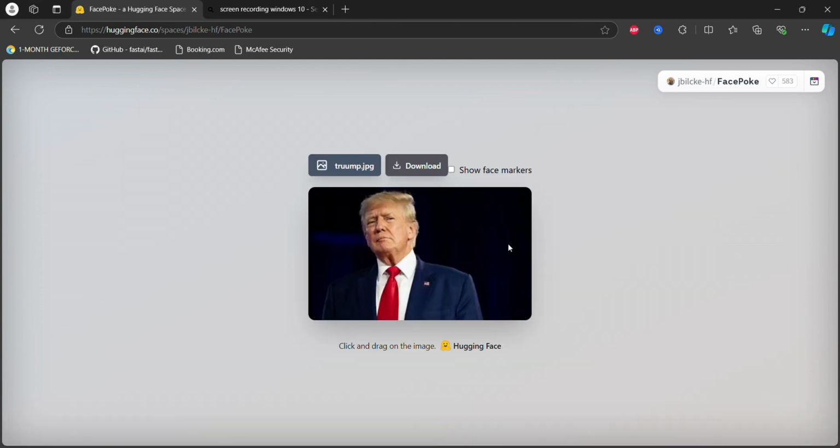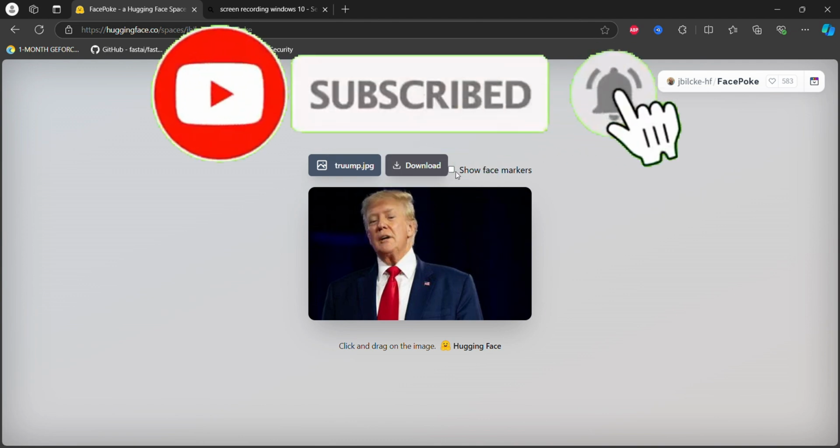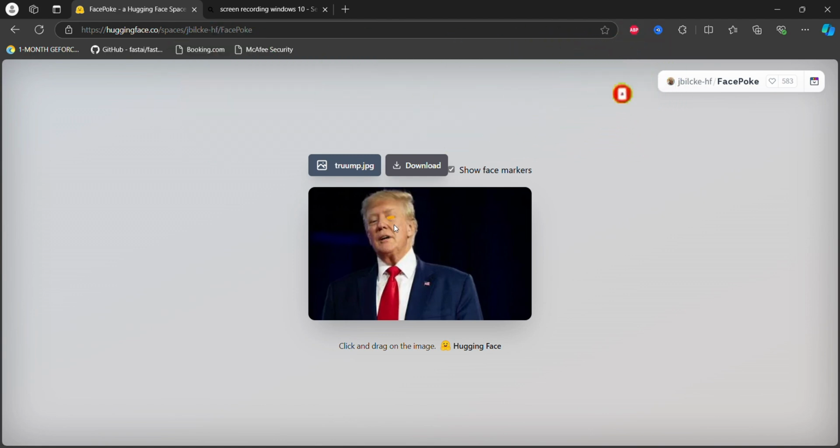That right there was Face Poke. You ever had an image where you wish you could flip, prop, or reposition the face or head movement before? Well, Face Poke is actually doing that. Face Poke takes a single image in and lets you reposition its head, eyebrows, eyes, and mouth into different